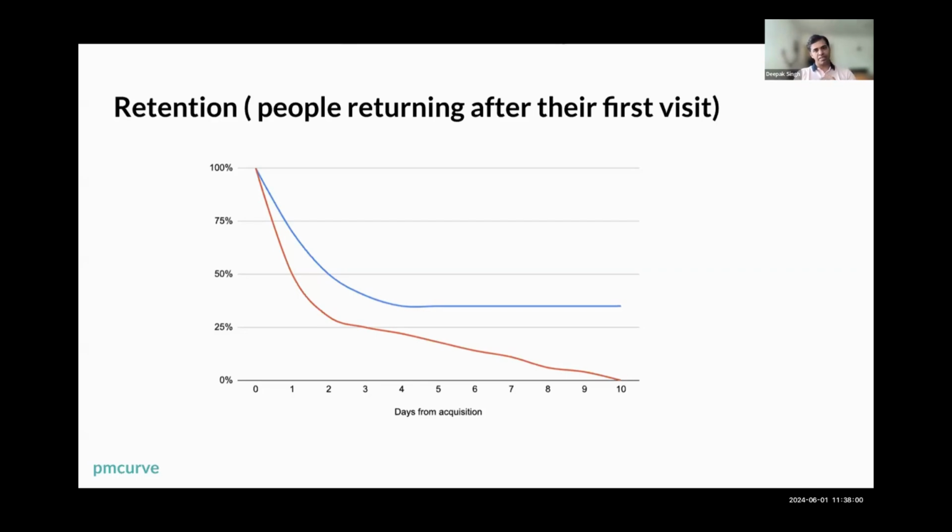Now the question becomes, what happens to the red line? In the case of the red line, the problem is people are coming back. It's not that some of the people are not coming on day 1, day 2, day 3 and all that. But when it comes to day 10, everybody has gone out. Nobody is coming on day 10 from day 0, which is a problem because you are not preferred over alternatives. It's not that everybody has lost the need, the problem that you're solving. For example, if you're a messaging app, it's not that people are not messaging anymore. It's just that they're not preferring you over alternatives.